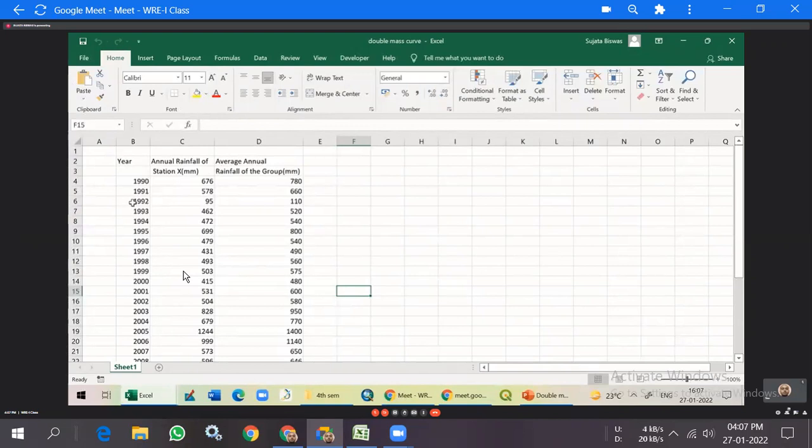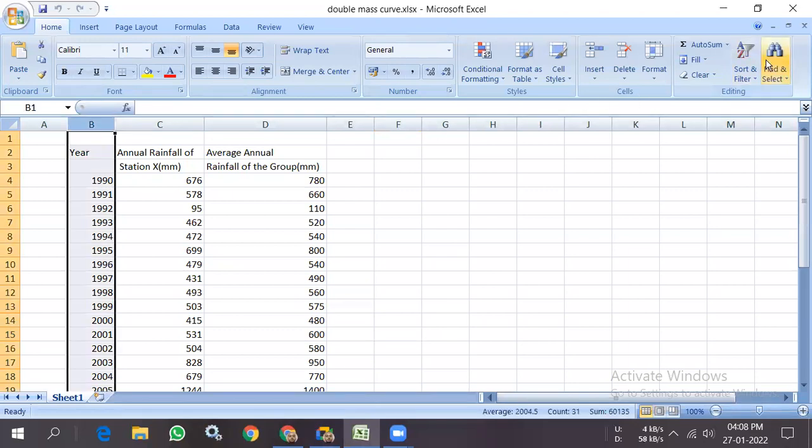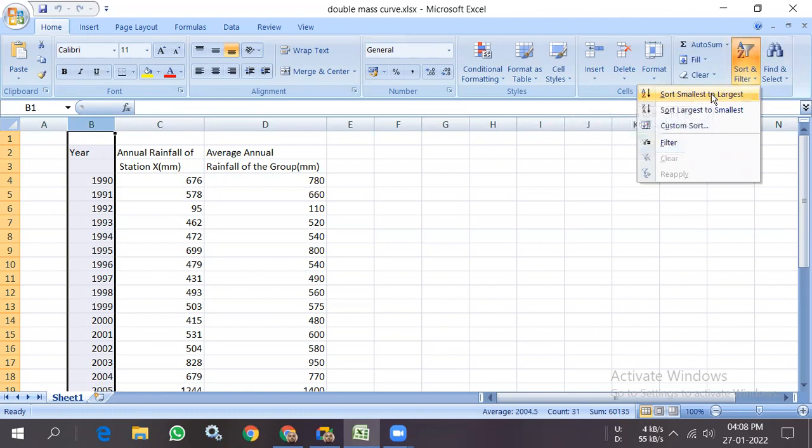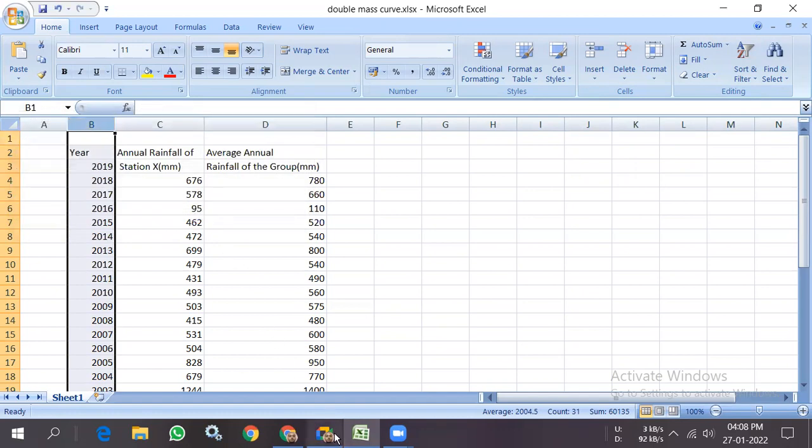So now start solving. To start with, first of all, for any sort of problem of this double mass curve, we have to arrange the data in descending order of the year. That means the latest year will be at the beginning. So first of all, this data is there. If you open it in Excel,